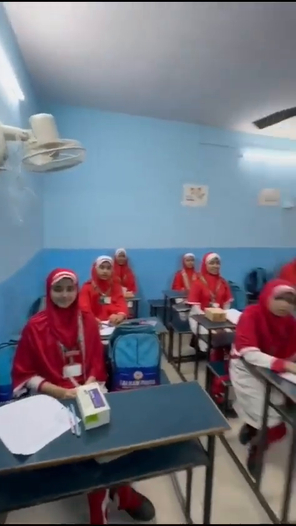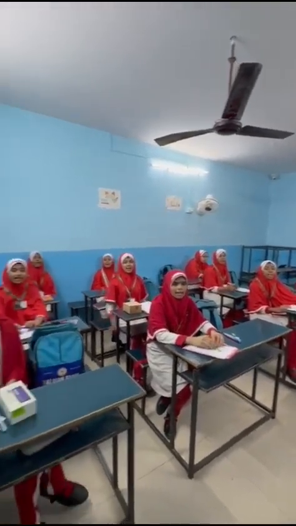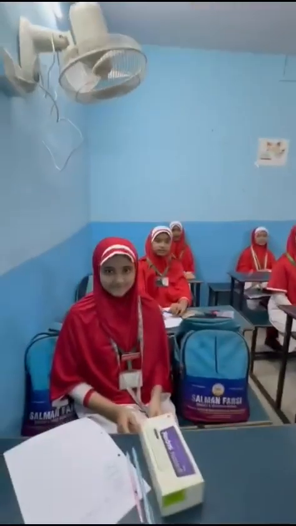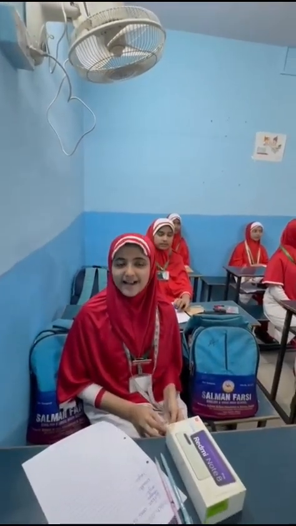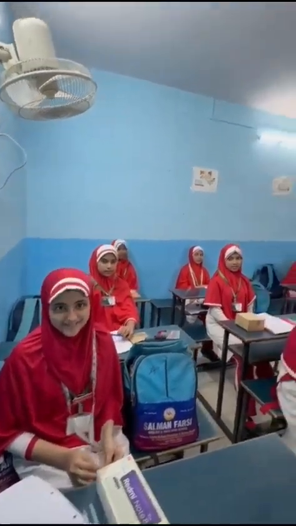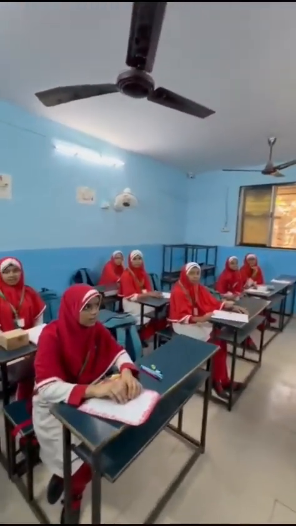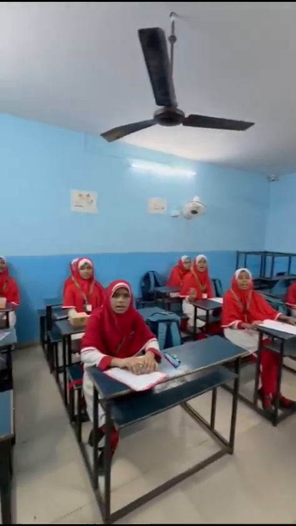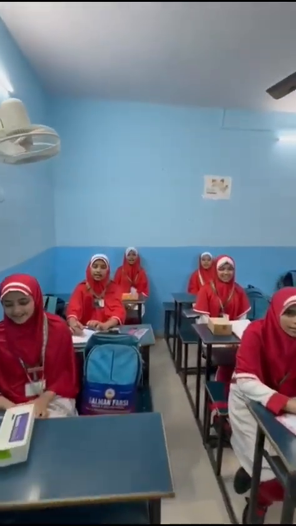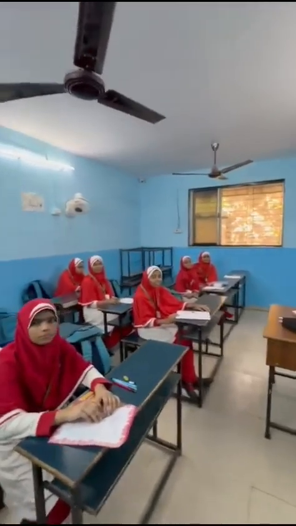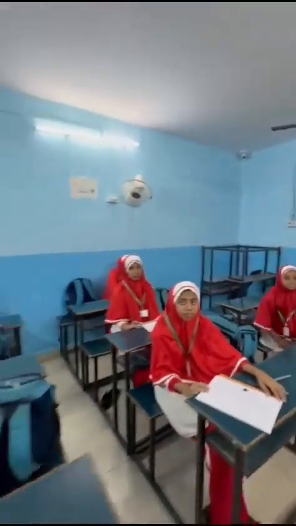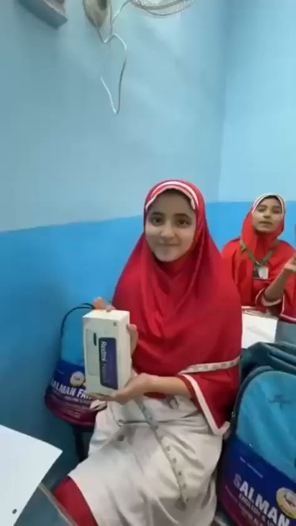Which activity are we doing today? We are calculating perimeter and area of 2D and 3D shapes. Okay, can you repeat it again? We are calculating perimeter and area of 2D and 3D shapes. Okay. Can anybody give me some examples of 2D shapes? Rectangle, square, circle, triangle. Okay, and some examples of 3D shapes? Cuboid. Okay, next. Cylinder. Cone. Cube. Very nice. So let's begin with the activity.